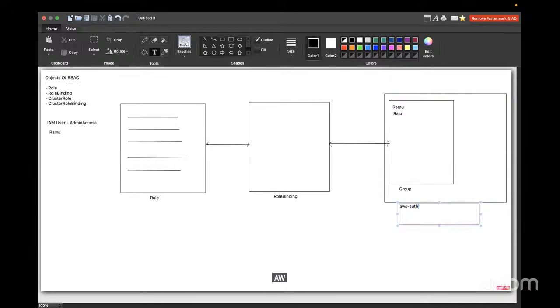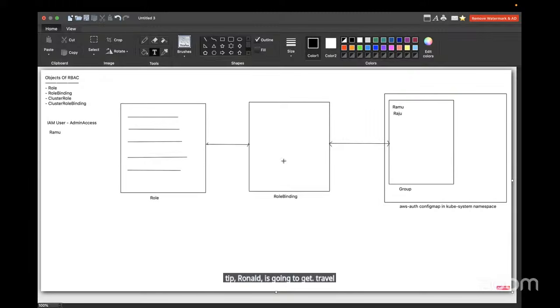AWS auth config map in kube-system namespace. Now, because of this, Ramu